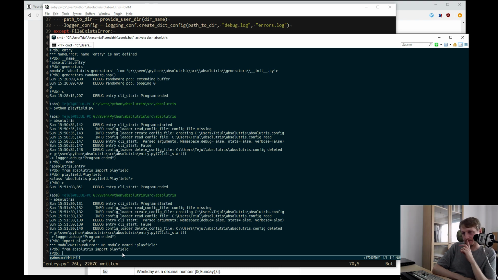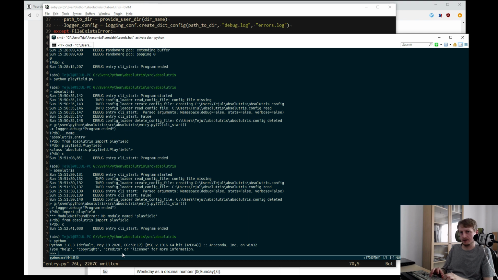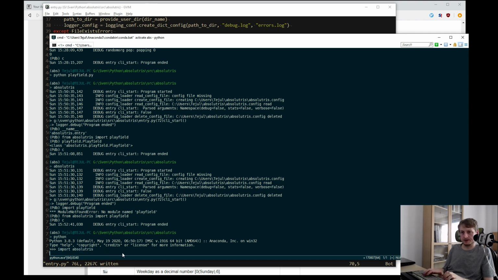Ah, I know what's going on. This has only an effect if I say import absolutris. Okay, I have imported absolutris, and now I don't have any playfield.